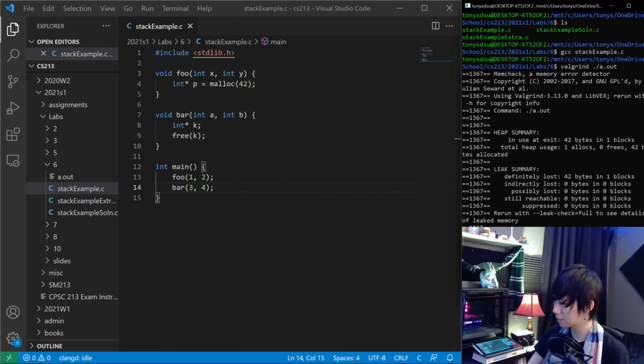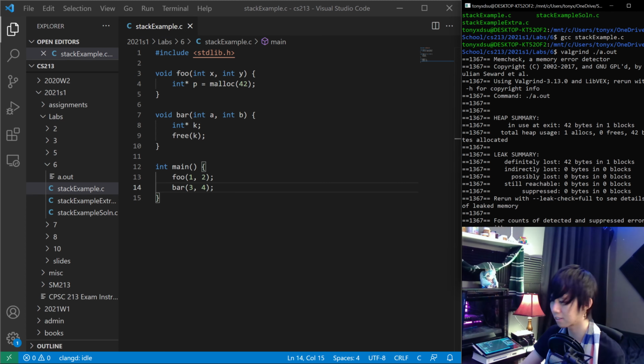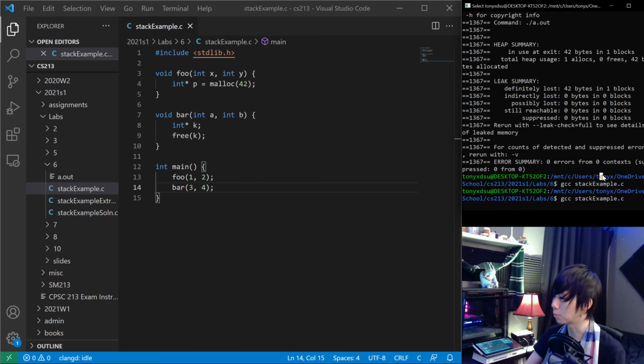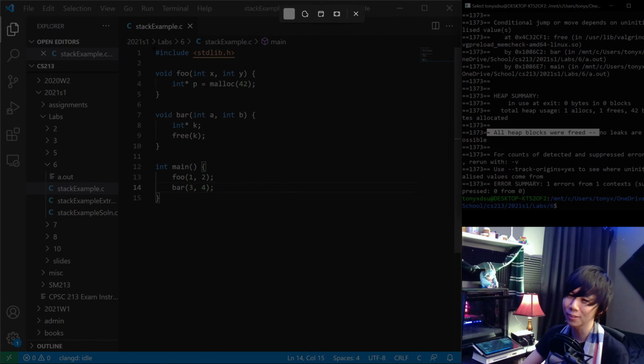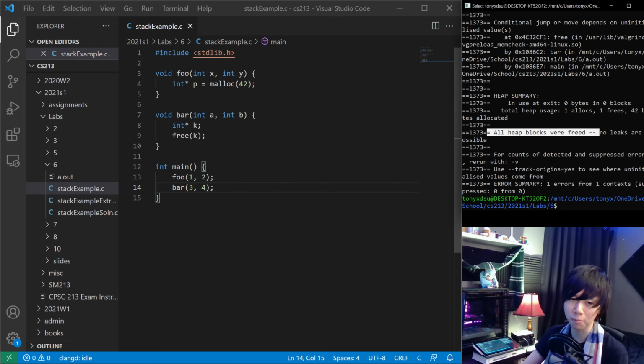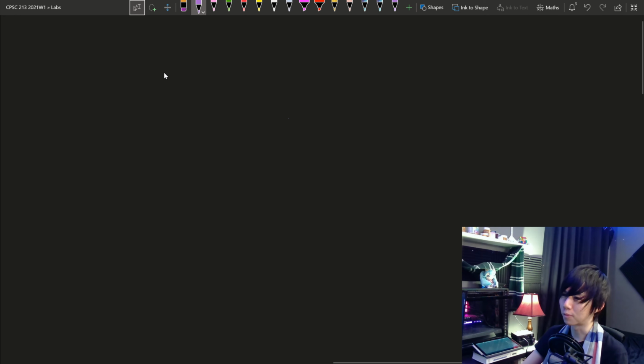So we'll compile this, and I'm off screen. So we'll compile this, and then we'll run valgrind, and it says all heap blocks are freed. Right. I hope this is a little bit strange, and hopefully from our understanding of how the stack looks, we can reason through what is going on here. Okay,